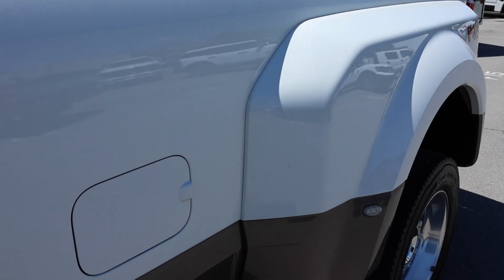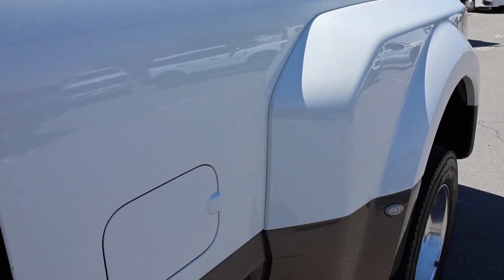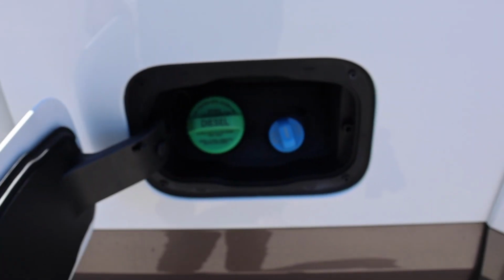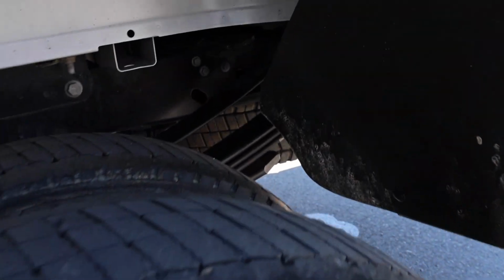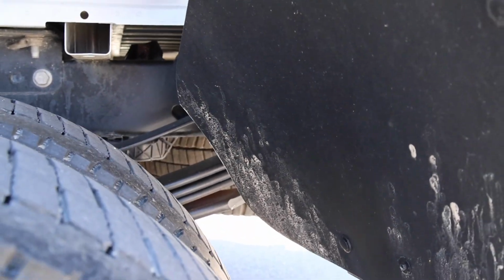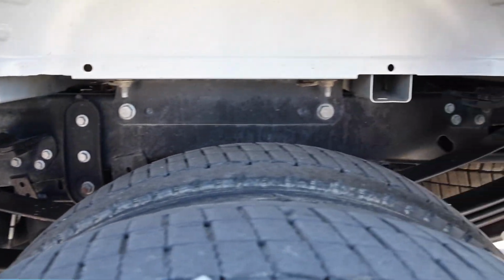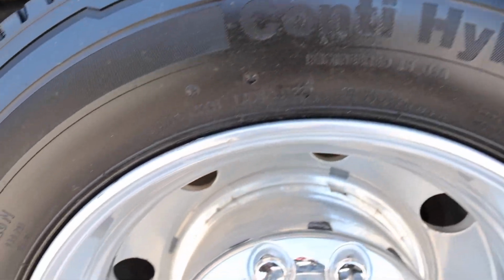I was gonna say PPF this side of the bed too, but honestly guys, this held up pretty dang good. I mean, that's really just bug splatter. So we're gonna fill up at. Has a 7.4 gallon DEF tank too, by the way. And then rear suspension, it looks the exact same as the 2024s, so no changes really from this model year to the next. You see that 5th wheel prep package there,